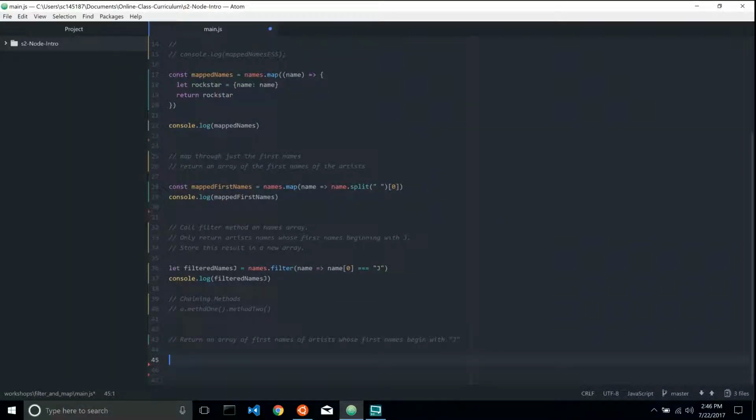Chaining methods like this is pretty challenging, especially with having to combine the fact that we're only returning the first names of artists whose first names begin with the letter J. But if you took a look at what we did last week, you'll remember that we can just chain filter and map together. And we usually put filter first, and that can let us get exactly what we want pretty easily. So let's try first name J